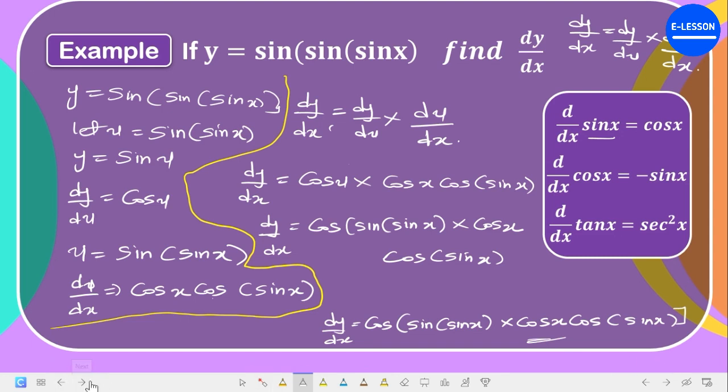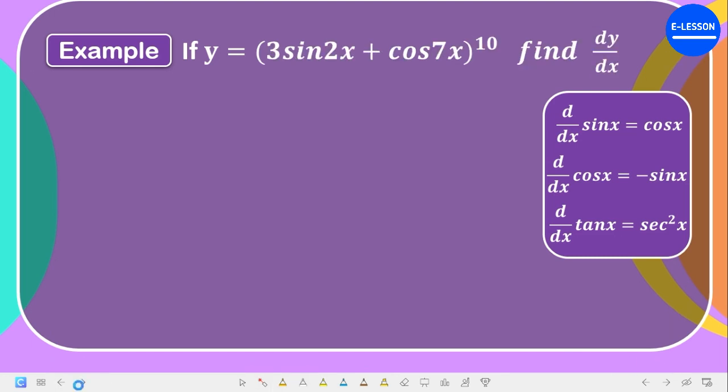Now let's continue with the next question. The next says you have 3 sine 2x plus cos 7x raised to the power of 10. Now the difficulty is becoming more. So y is equal to 3 sine 2x plus cos 7x raised to the power of 10. The first thing you do here is differentiate everything in the bracket first, write everything in the bracket again,